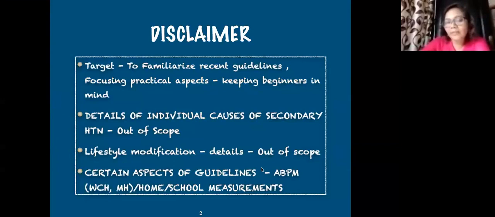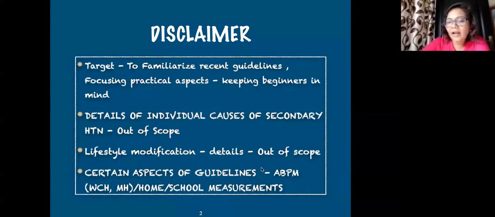What we will not be discussing today is details of individual causes of secondary hypertension, which is out of scope of a single presentation or a teaching session. Lifestyle modification for essential hypertension, we will not go into details. And if you have gone through the guidelines, you would know that there are certain aspects which need a lot